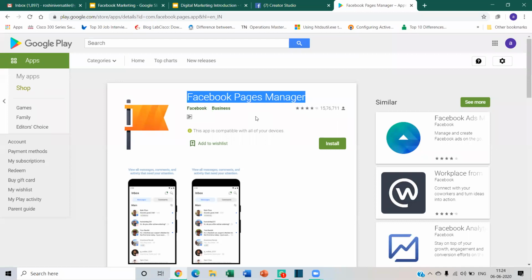In this app, you can schedule postings on your FB pages, but not on Instagram. This is only for Facebook pages. You can schedule, you can do whatever you want, and it's again a useful app. It's faster than Creator Studio, because I have personally used it and it's more user friendly also. In one tab, you can schedule for an entire month. But this is only for Facebook pages, not for Instagram.